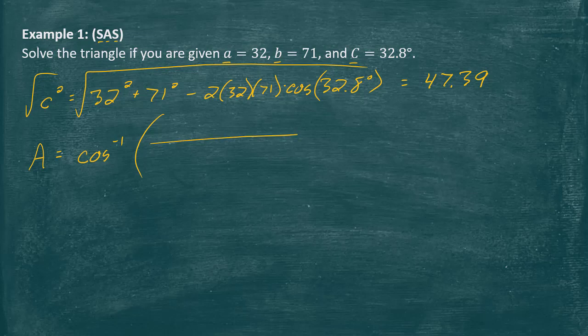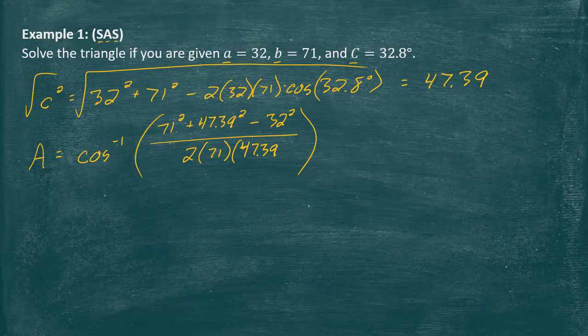But I'm just going to go alphabetical and get A first, and notice again with the shortcut we made earlier, that just means in the numerator it's going to be that A number squared after the minus sign, and then the other two numbers that I now know, the 71 and the 47.39, will get squared and added in the other spots. So it'd be 71 squared plus the 47.39 squared, then all over twice those same two numbers multiplied together. So 71 times the